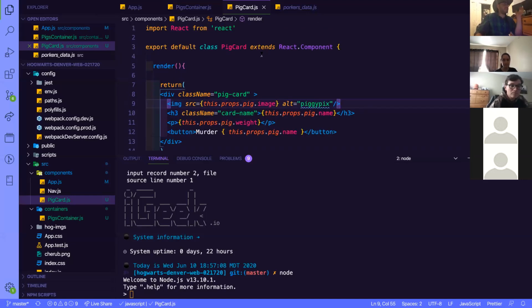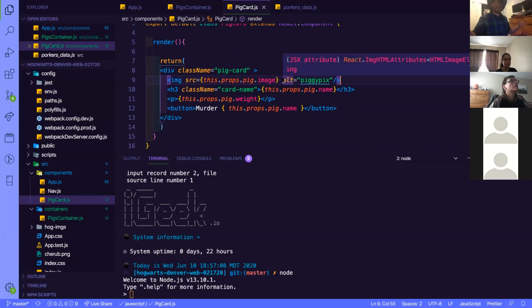So now that we're inside of here, I just want someone to explain to me how I'm getting pig inside of my card, where it's coming from. Someone explain to me that workflow of what's going on. I like Daniel,